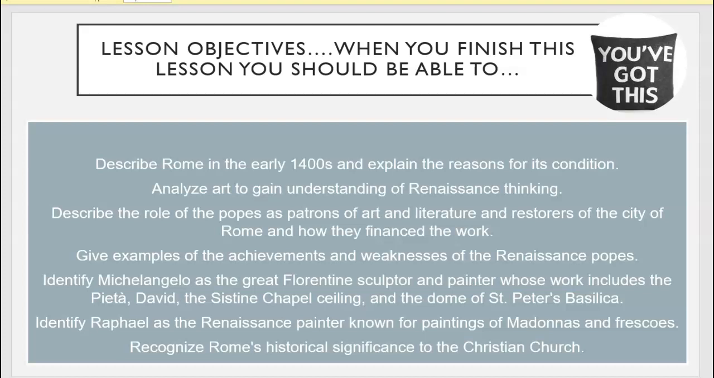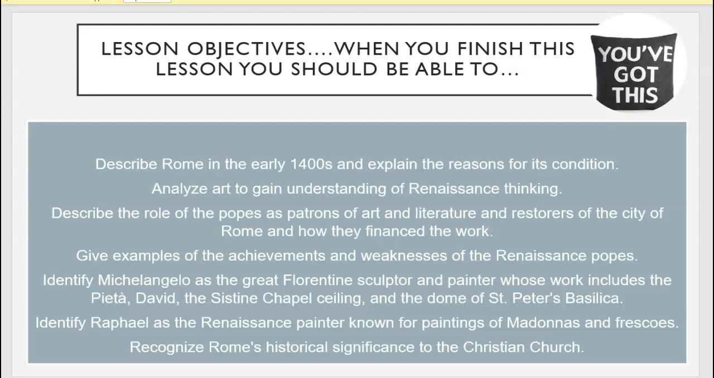Lesson objectives. When you finish this lesson, you should be able to describe Rome in the early 1400s and explain the reasons for its condition; analyze art to gain understanding of Renaissance thinking; describe the role of the popes as patrons of art and literature and restorers of the city of Rome and how they financed the work; give examples of the achievements and weaknesses of the Renaissance popes;